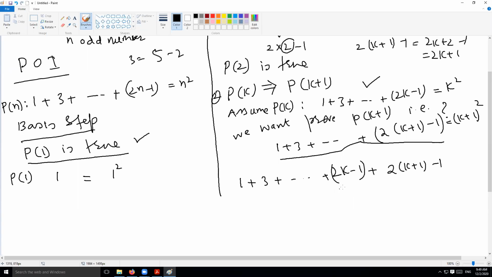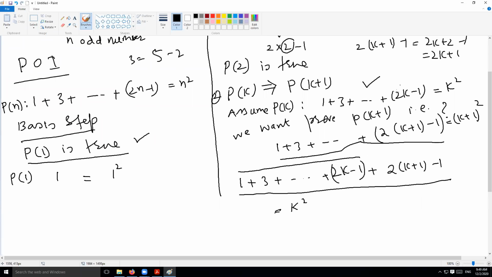All right. See that I haven't changed anything. I have just written the same thing and I just wrote the previous term, like the example that we did previously. Now, I don't know what this entire sum is, but I know what this part of the sum is. Do we know this? Yes, sir. And what is this part of the sum? It's k square.